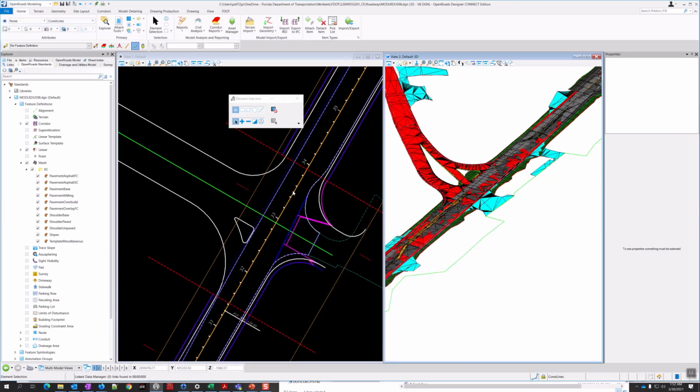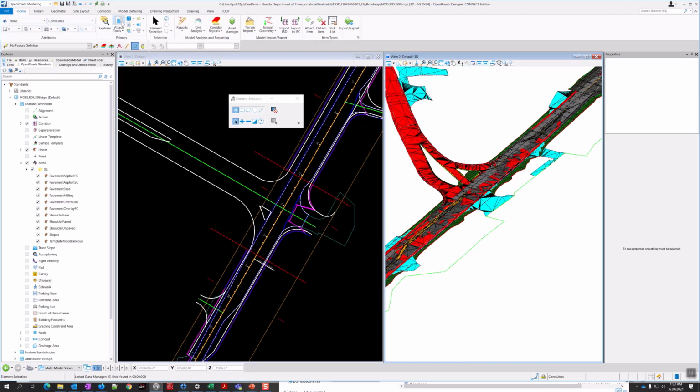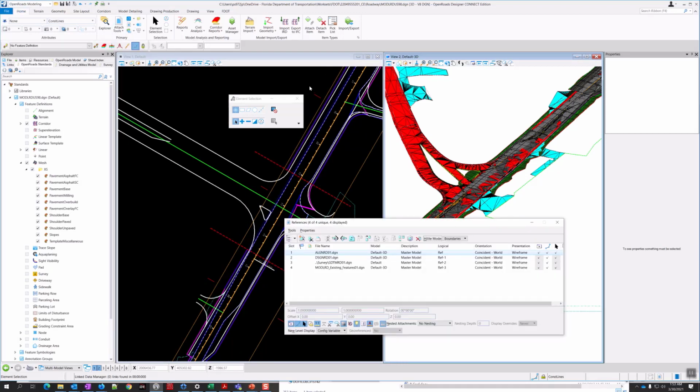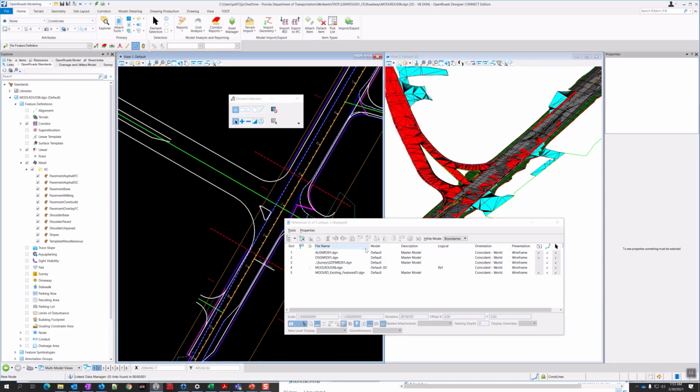I'm going to close that reference dialog. Actually, before I close it, just make sure that you do not have the other model referenced in. So I got existing, and yeah, the 3D model of the same file, but I do not have the 61 model. So if that were referenced in, even with the display turned off, it's still going to calculate it. So gotta be careful with that.